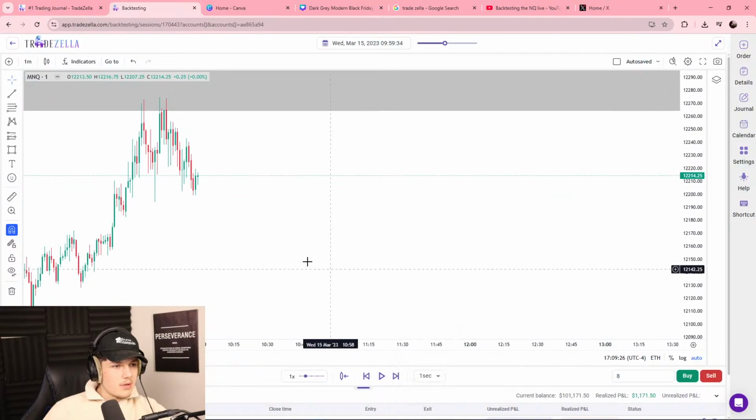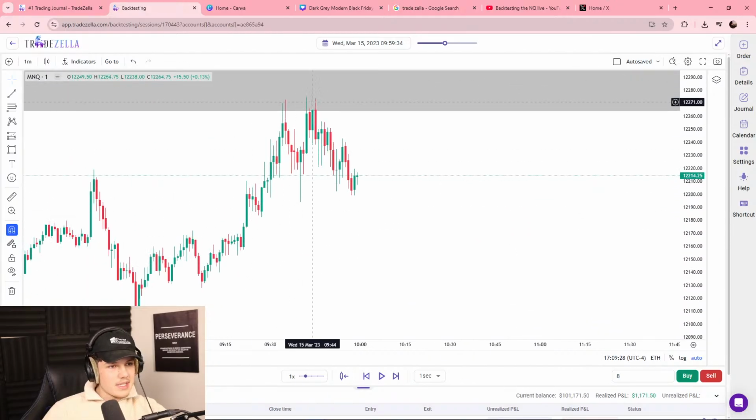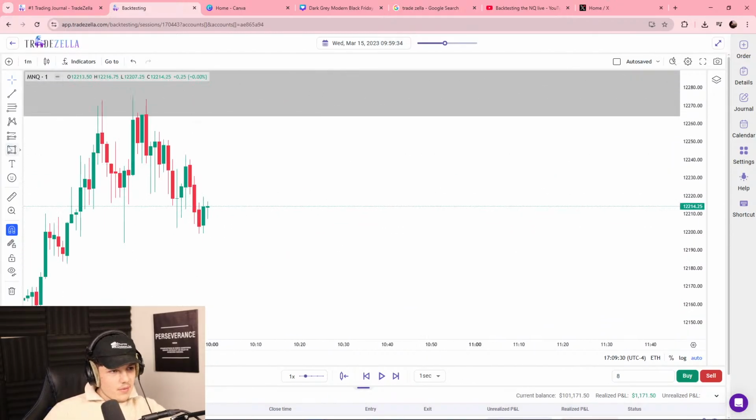Okay, right here, boom. What is this? We trade up higher into that 1 hour. We're gapping. Our first displacement below a low has a fair value gap. Fair value gap's respected. I'm going to wait a second, see if we start trading lower.